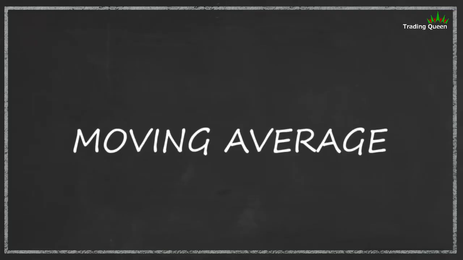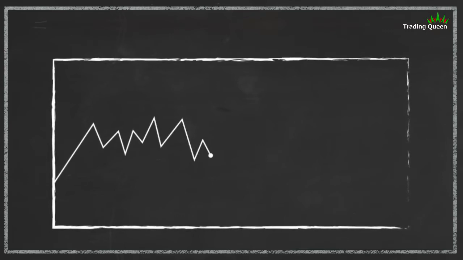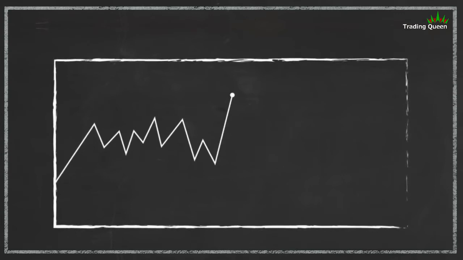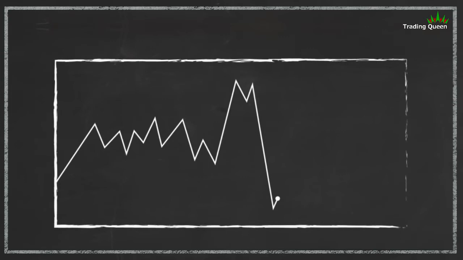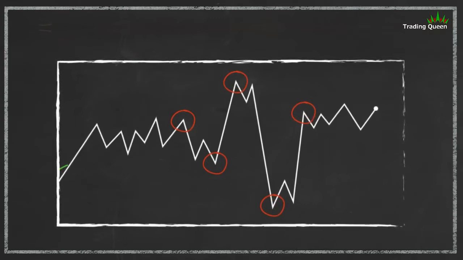The moving average is one of the most commonly used technical indicators. If you've spent even a little time looking at price charts, you will have noticed that most often, the price of an instrument will move up and down. In fast-moving markets, you may find that the price may be surging up, only to plummet moments later before surging up again, increasing the potential for false signals. The moving average can help filter out the noise from random price movements and smooth it out in order to see the average value.